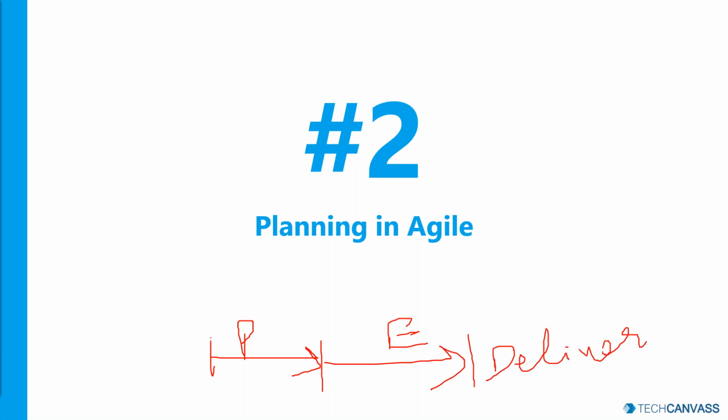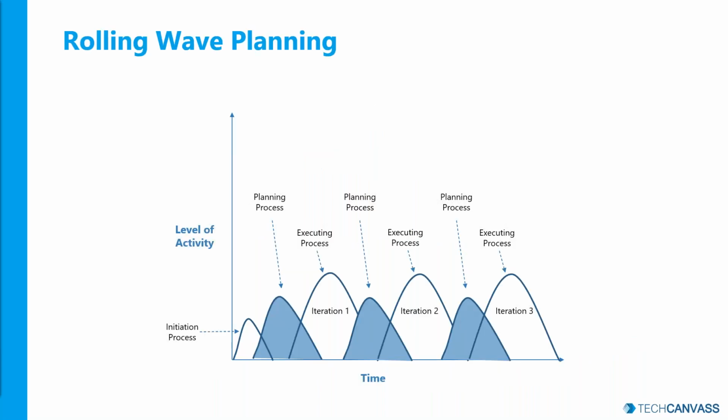Now this may not work in all the business scenarios. The nature of work and the nature of the market may be different for different products, scenarios, and industries. That goes well with traditional projects, but with changing scenarios in the market and higher competition between products and competitors, you may want to have a flexible approach handy. So in Agile, planning happens more or less under the principle called rolling wave planning, which evolved from progressive